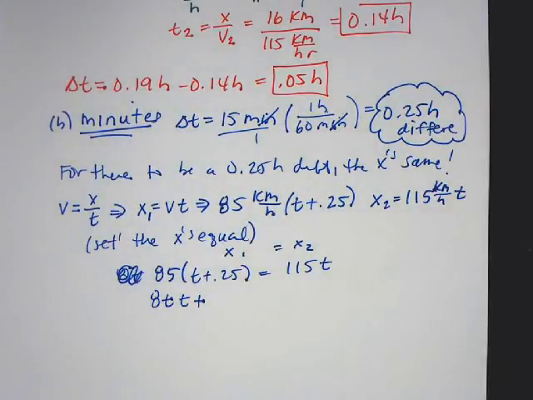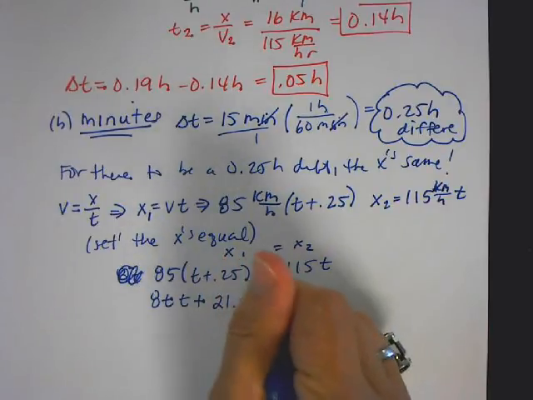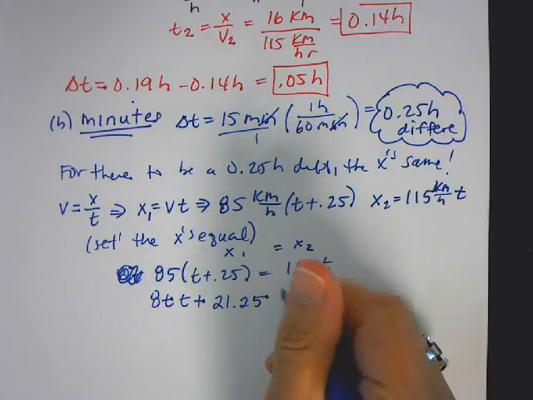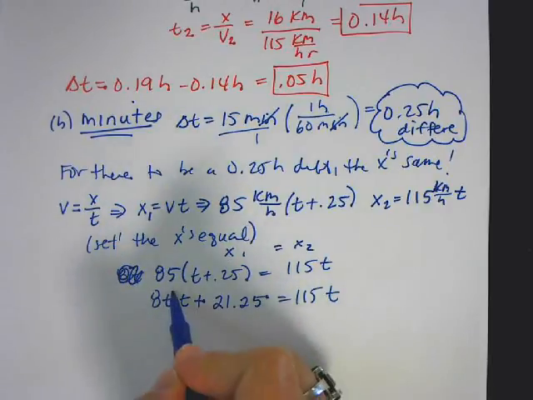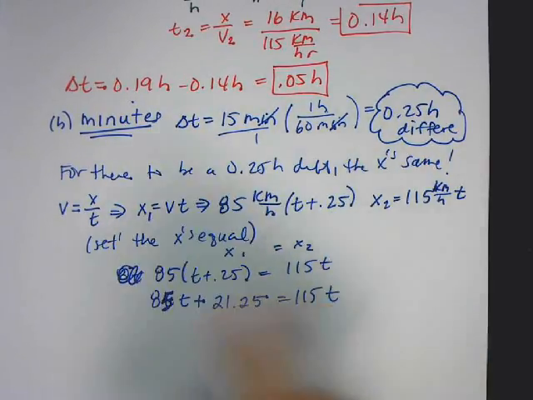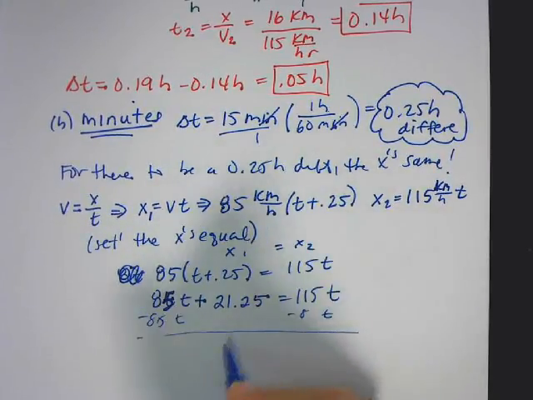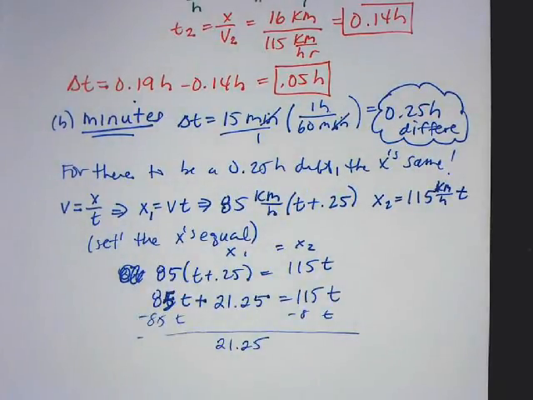So 85t plus 21.25 is equal to 115t. So now I want to simplify this. Okay? So we're going to try simplifying this. So I keep putting, that's 85t. So I'll subtract 85t from both sides. So I'll have 21.25 is equal to 30t. So t is equal to